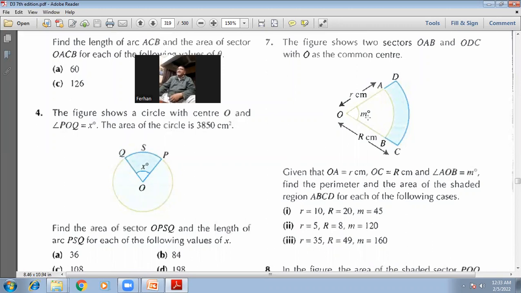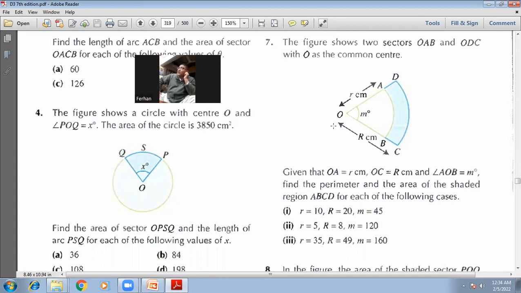This diagram you can see. Here we have 2 sectors. This one is the small sector AOB, sorry, and ODC is the big sector. Both of them have the same center, but you can see they have different radii. The bigger one, ODC, its radius is capital R, and the small one, its radius is small r. So it says, given that OA is equal to r centimeters, OC is equal to capital R centimeters,